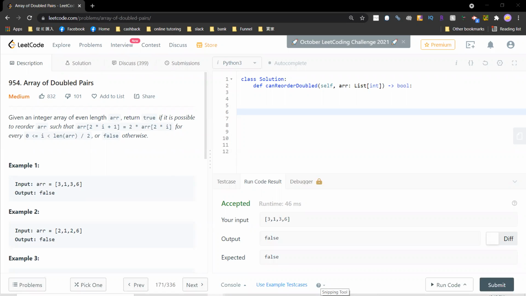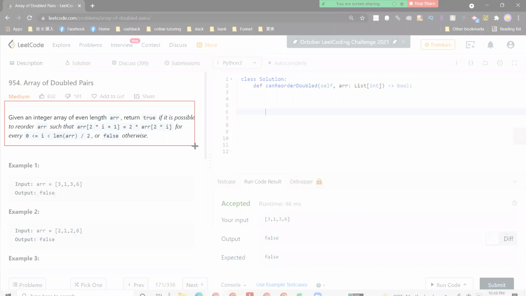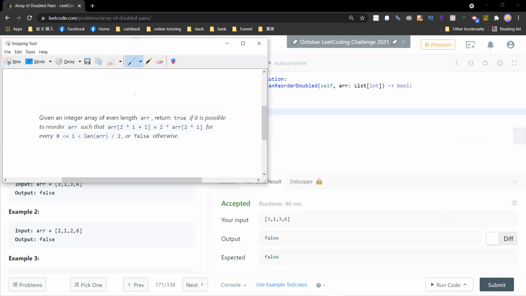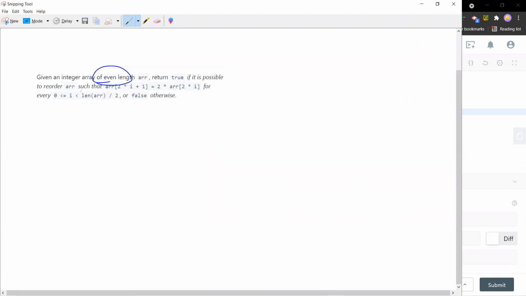So this question is a little bit tricky, so let's see what it means. Given an array of even length, so it's already even length, right? Return true if it's possible to reorder the array such that array[2i+1] is 2 times array[2i] for every